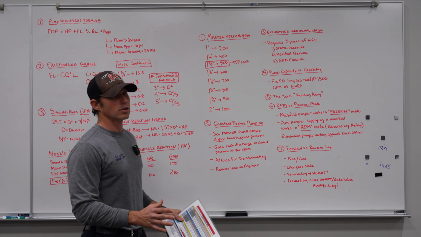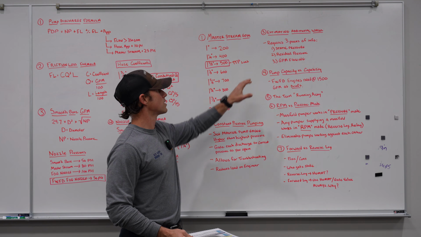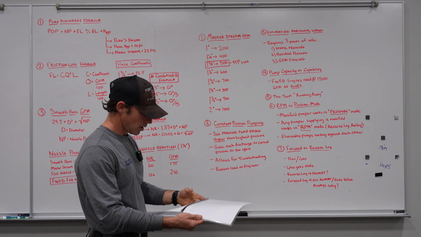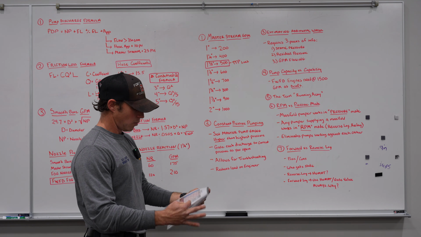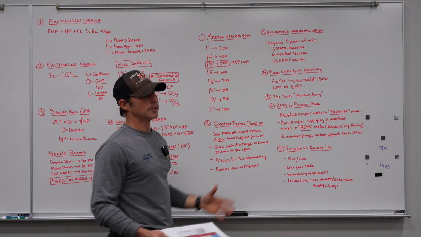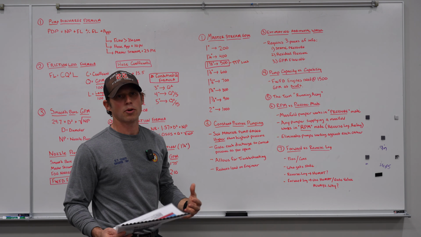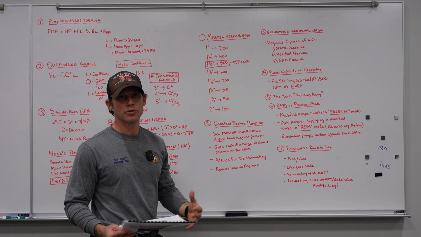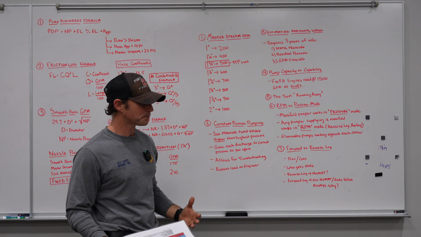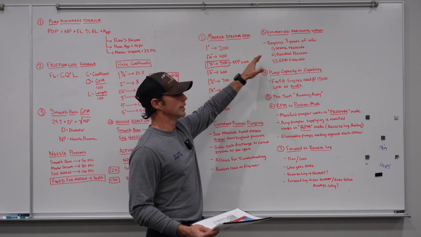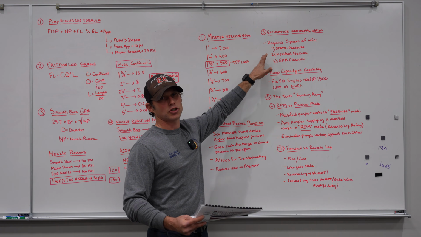Another really useful skill we're going to address in this class is our estimating additional water chart. What this is going to allow us to do is, on scene, especially something like an apartment fire or a commercial fire, where you're going to be using multiple lines, supplying aerials, supplying master stream devices, using a large volume of water, you're going to be able to have a really good idea of how much extra water you can get